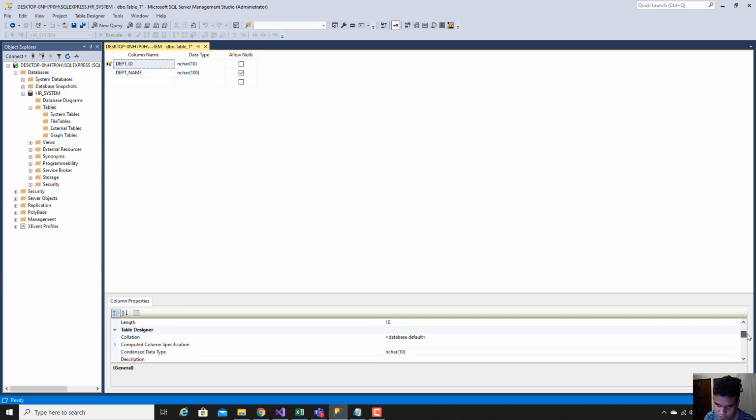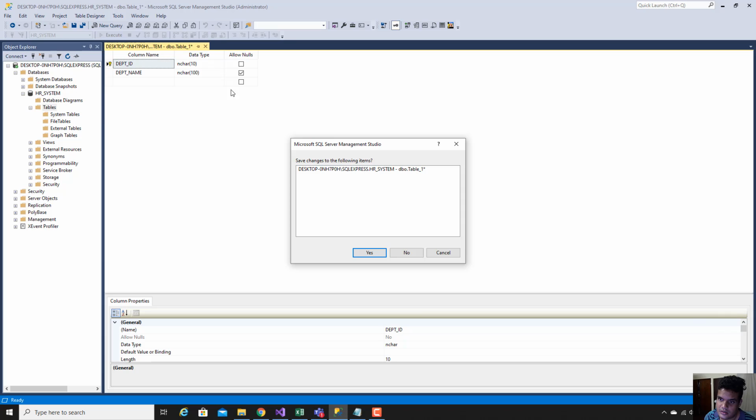In the bottom part of our GUI, there are so many options available. Once you're done, you need to close this window. It will ask to save changes to the following items. You will say yes.